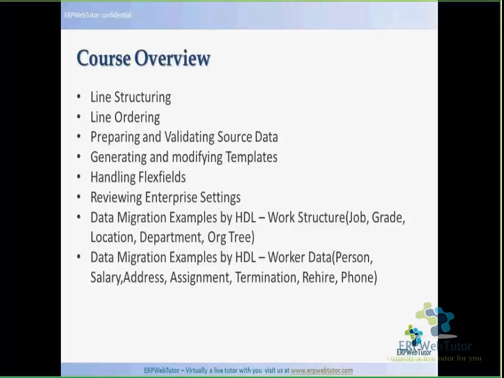The next thing is generating and modifying the templates. The HDL templates are provided by Oracle, and they will be available on the Fusion instance system itself. You won't have to go running around asking Oracle to provide the templates, or even go to the support site for asking for templates from Oracle. All you have to do is go to the work area, which is the data exchange area,